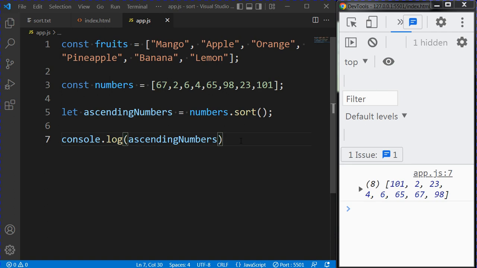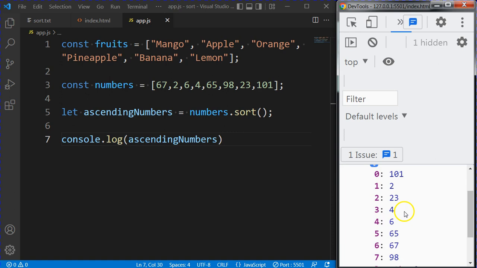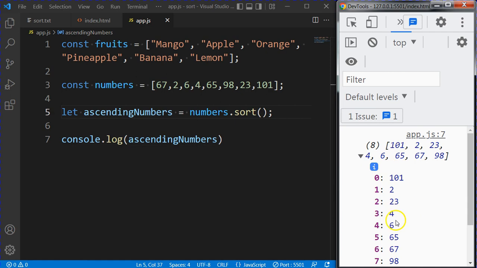As you can see, 101 comes first and then 2. 23 comes before 4. The reason for this error is that since the sort method treats array elements as strings, it only considers the first digits of each number. 1 here in 101 is smaller than 2. Then 2 here in 23 is smaller than 4. Hence this arrangement. Obviously, this is not what we want, so we can fix this by adding a compare function